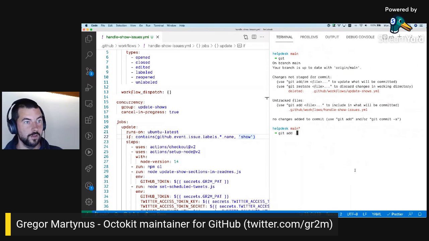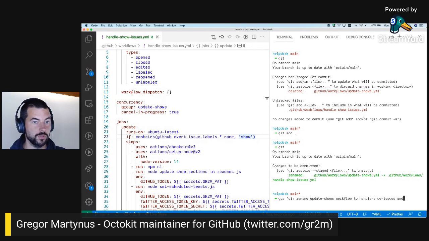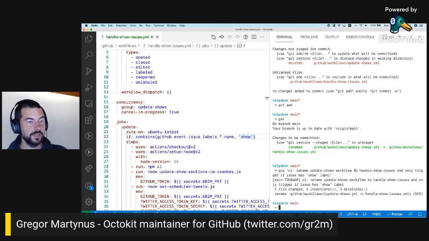Okay. Rename update shows workflow to handle show issues and only trigger if issue has show label. Because what I've seen in the past is that when I create a new issue with a label, the workflow is actually triggered twice.